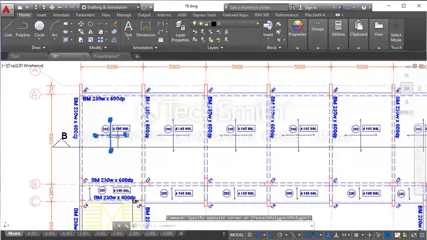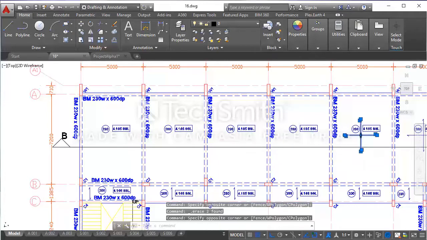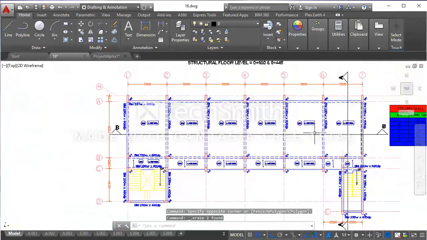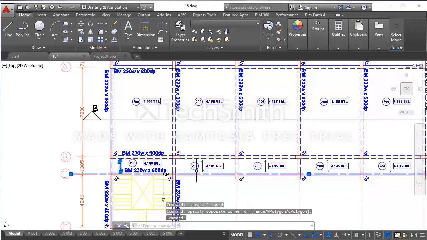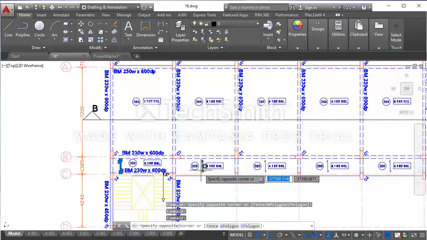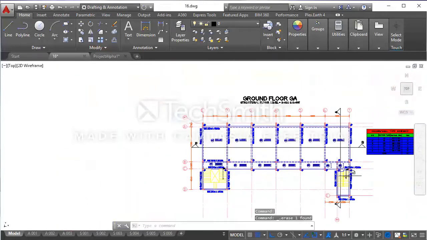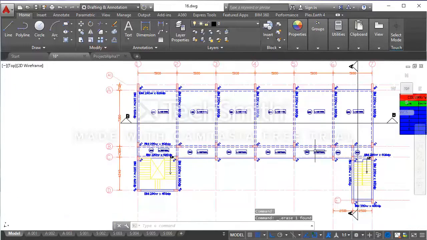So I'm going to select it, hit delete, select it, hit delete, and continue deleting the rest. Also select this single spanning arrow here, delete, and delete the remaining ones.